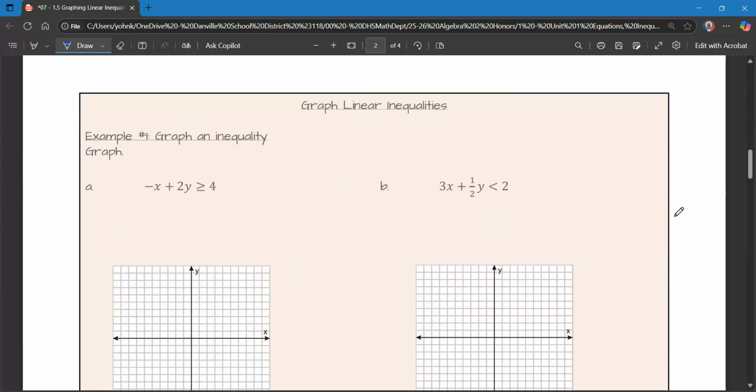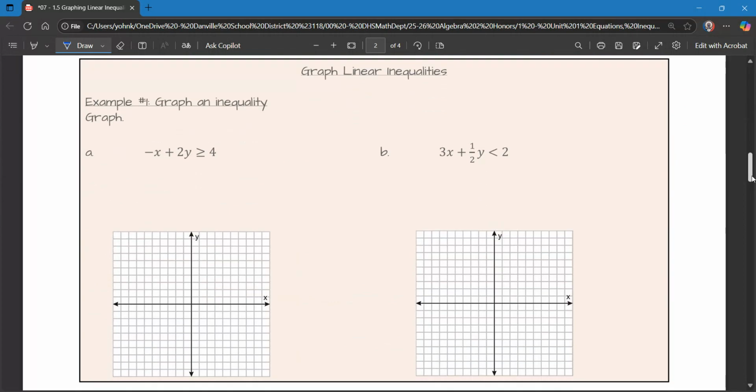You probably have done this before, but you might have forgotten. So first, graph the inequality negative x plus 2y greater than or equal to 4. The first thing you want to do, kids, is get it into slope-intercept form so that we can graph it. So we need to add x to both sides: 2y is greater than or equal to x plus 4. We need to divide everything by 2. That gives us y is greater than or equal to